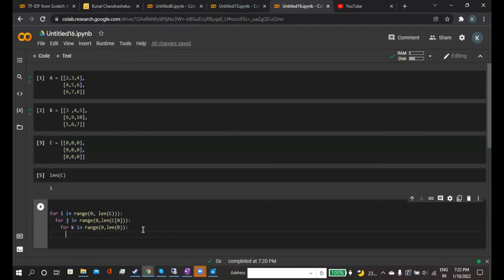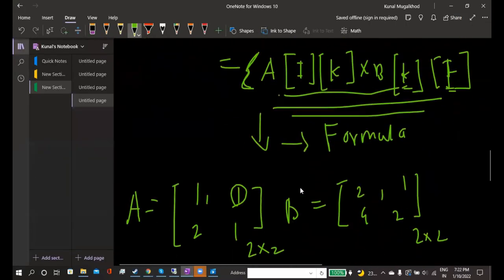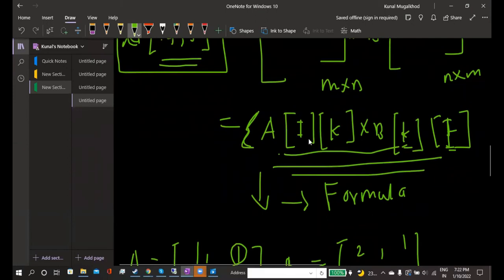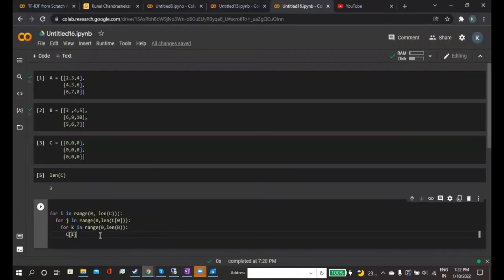Now we have to apply our formula for C[i][j]. I will show you the formula. Where is that particular formula? One minute. Yeah, so this is the formula. I have written A[i][k] and B[k][j], and they will be summed. We are calculating this position, and to sum we will use plus equals, so that it sums over this particular for loop.